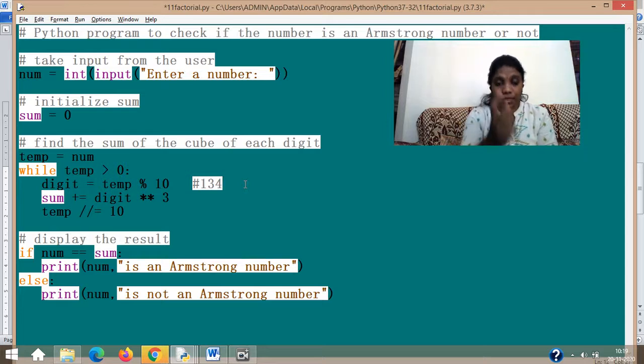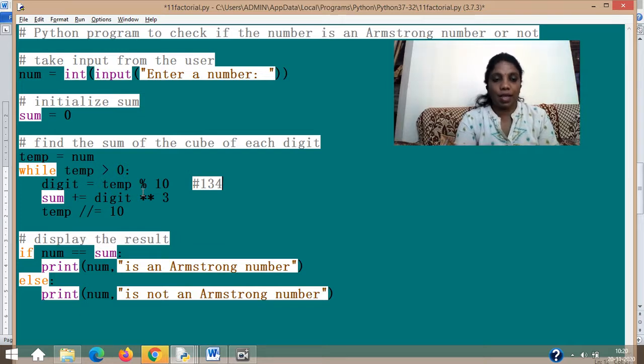In this example, 4 into 4 into 4 is added to sum, which was 0, and 0 added to any number gives the same number. So 4 cube is now stored in sum.